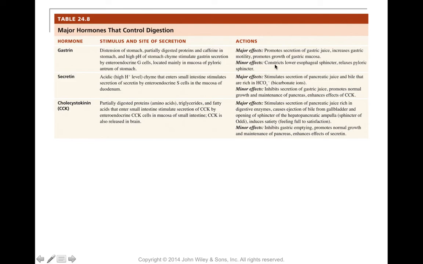Some of the other effects is that it's going to constrict that lower esophageal sphincter. Sorry, I'm so full I can't take any more food in, and relax that pyloric sphincter to allow food out